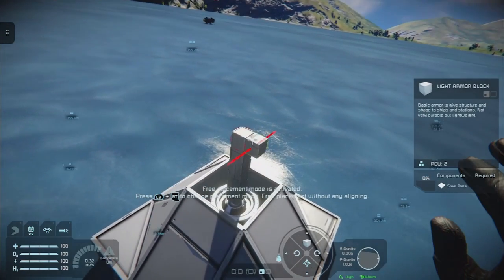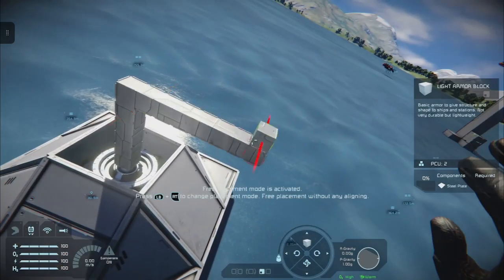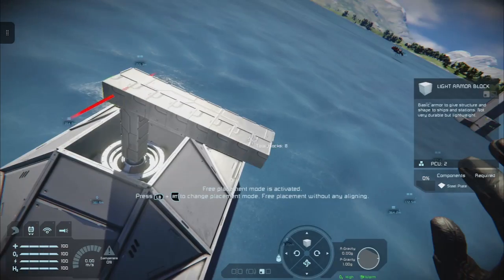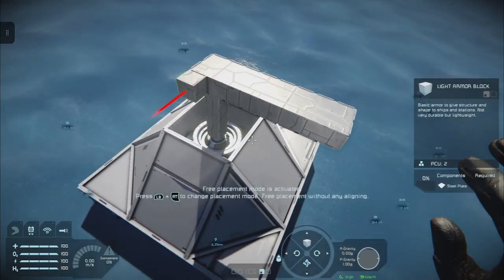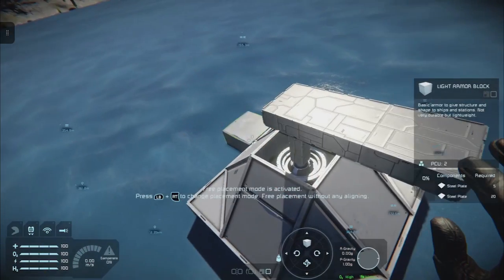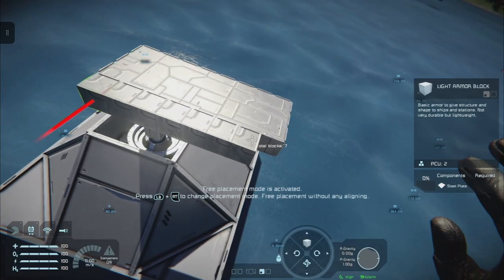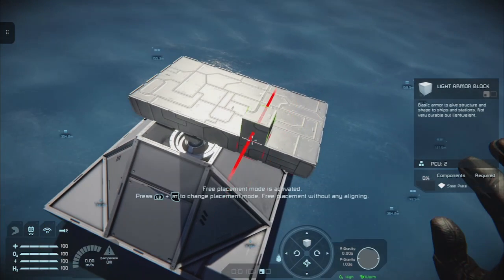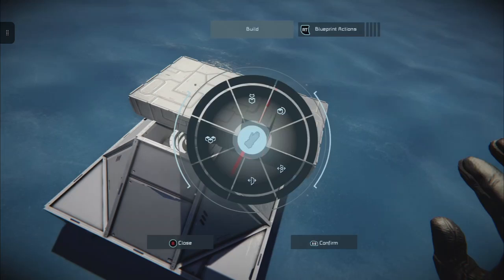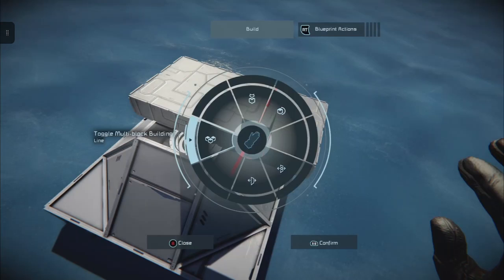And I'm building in line mode. And if you want to know how to do that, it's very, very simple. You can either select it from the options when you start, or you can change it on the fly by clicking in the right stick, making sure you are on the build menu, and just pressing the line, plane, single block until it says line.